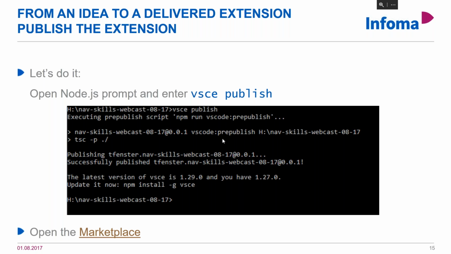Usually when you use VSCE the first time, you need to log in. I'm already logged in, and you have to understand that publish really happens immediately. As you'll see, we're going to run publish, and then if you want to open your own VS Code, you can see it. If you want to run the marketplace in the browser, you can see it immediately, and I'm also going to show you.